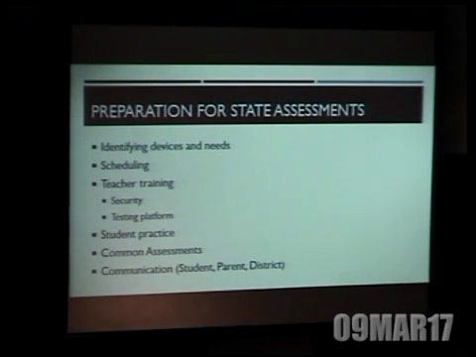We'll have a MAP letter that will go out. Principals will send out information. And overall, we want to make sure that we hopefully communicate our philosophy that we don't want this to be a high-stakes, stressful environment for kids. We don't want them feeling pressure to overperform what they're capable. We want them to be comfortable, relaxed, confident that they're prepared, and simply go in and do their best on